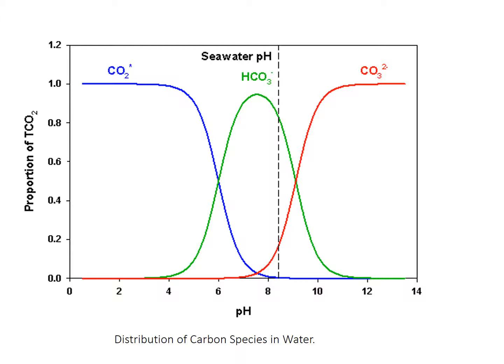So if you take it out of the ocean by forming a shell out of it, which sinks to the bottom of the sea, you're removing that acid neutralization capacity, which means you're making the ocean more acidic. Okay, which means you move this way, which means that you're basically having more carbonate, more bicarbonate, and less CO2 as part of your total dissolved inorganic carbon, which means that you would then